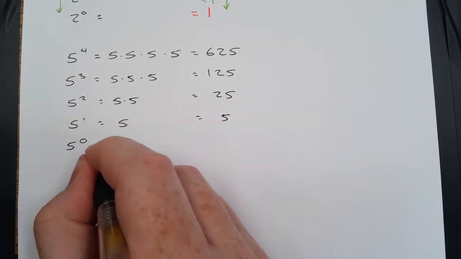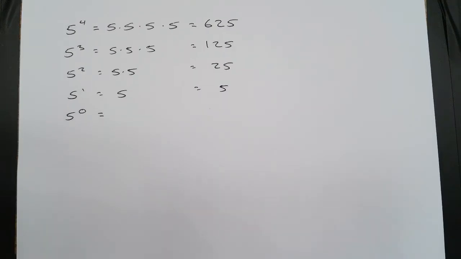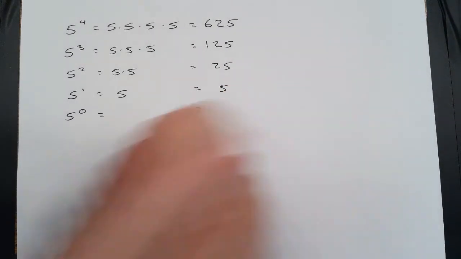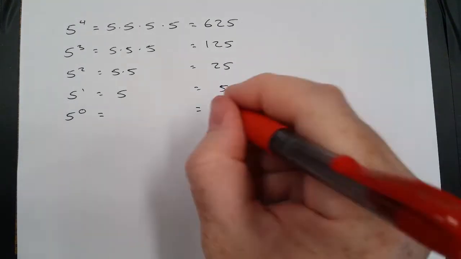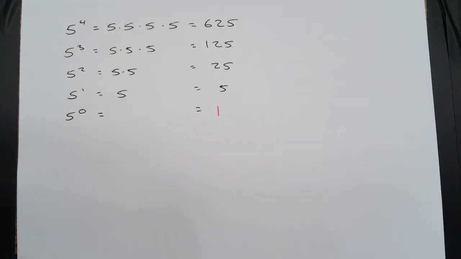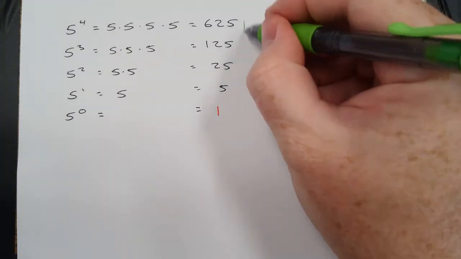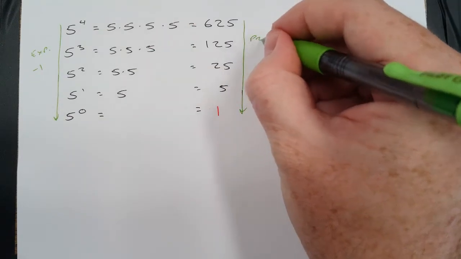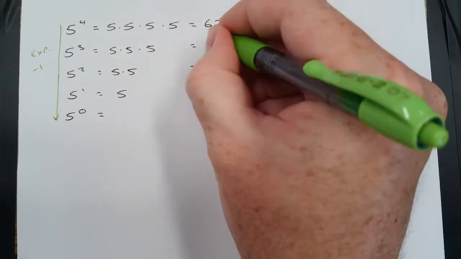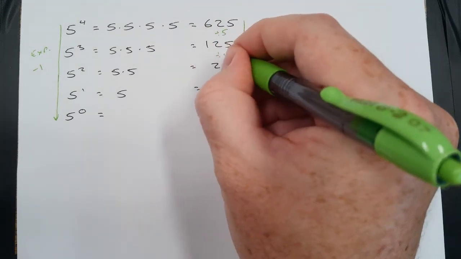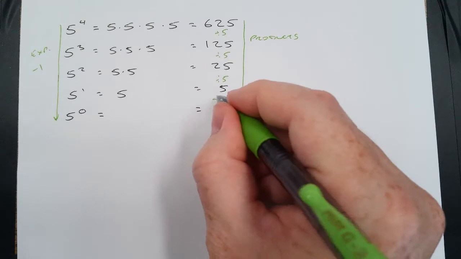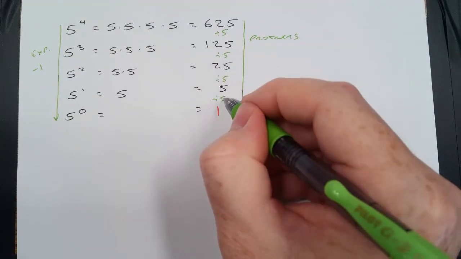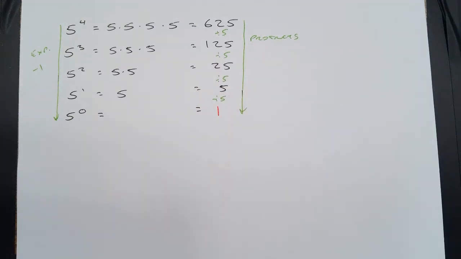5 to the 0 is 1 because you see the same pattern. Follow the pattern as it moves down. The exponents are doing minus 1. The products this time are dividing by 5. So the next step is 5 divided by 5 makes 1. So that is why